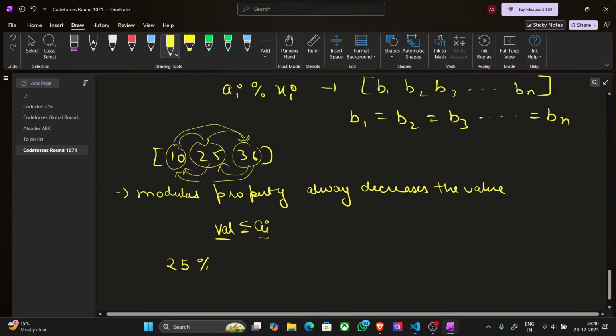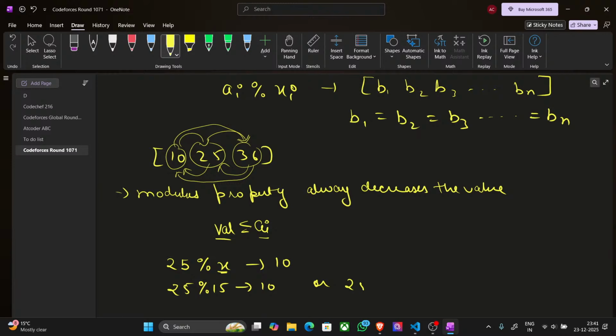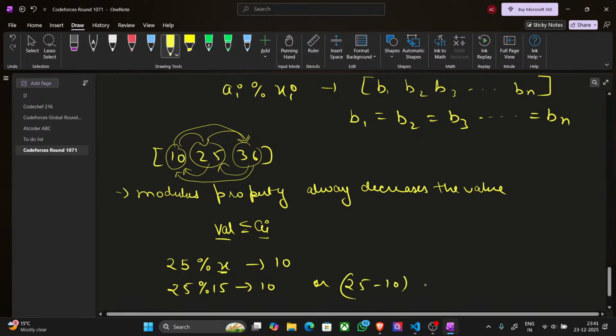If I need to do this and I want the answer to be 10, what is the value of x? It is 15, or I can say 25 minus 10, it will give us 15. So currently what I'm trying